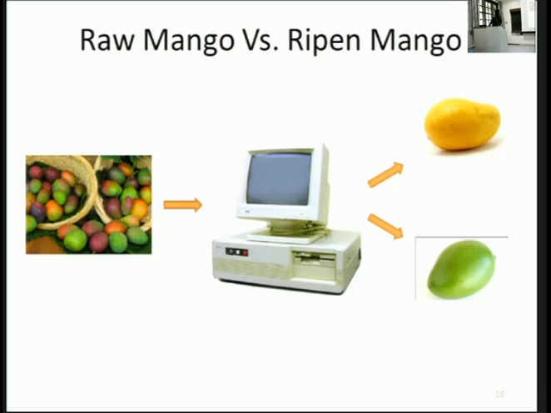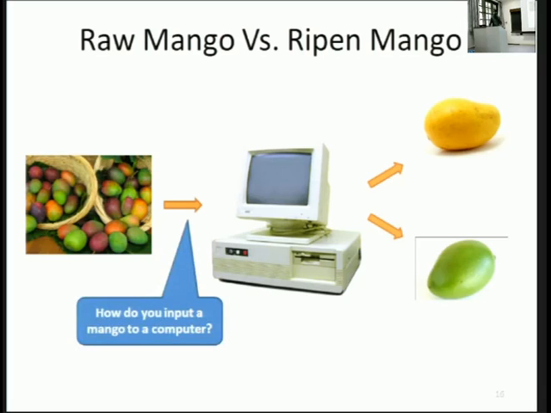So the idea is, how do you input a mango into a computer? What do you do? Do you open the hard disk, put a mango and push it in? That's not the way it works, right? So now the question is, how do we do it? How do you input a mango into a computer? Yeah, so we can input a color. What do we need to input a color? We'll need some sensors, and a camera, right? So we'll have a camera. We'll input a color. So what else can we input?